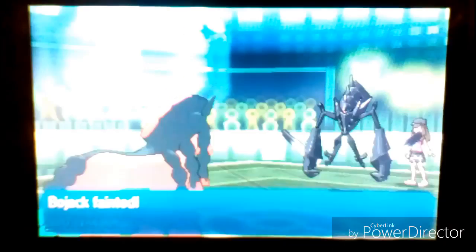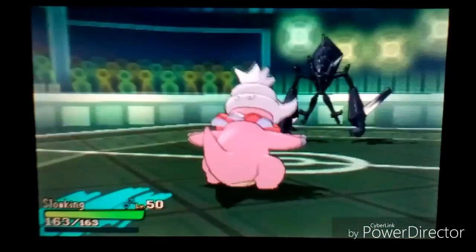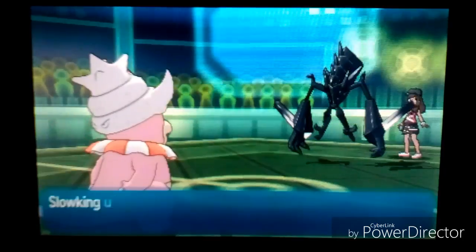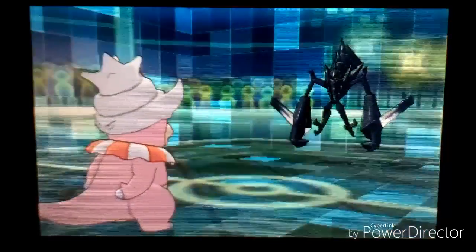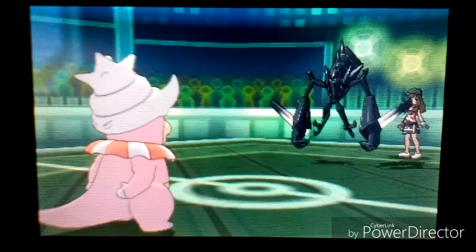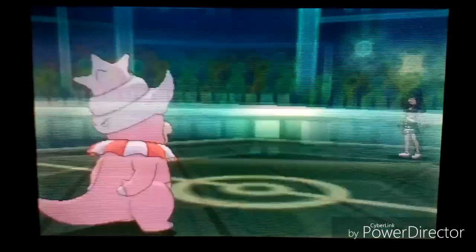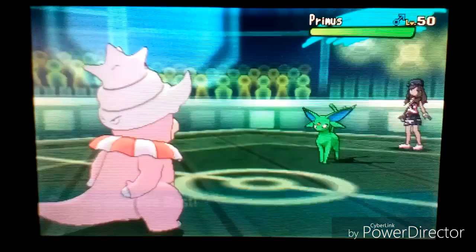However, this is a good opportunity for me to swap into my Slowking and get off the Trick Room. So here comes my Slowking, and I'm gonna go with the Trick Room. It actually holds the Psychium Z, so I could use the Psychic Z move, but unfortunately I do not use it in this video. Now here's where I'm thinking that he might swap into the Decidueye, so I go for the Fire Blast,